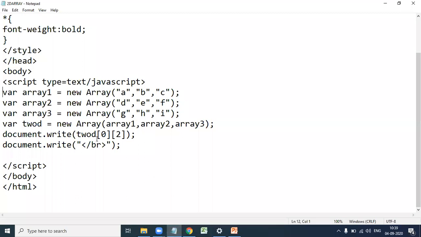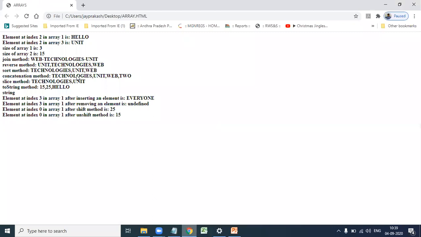So 2D of 0 of 2 is C. Let us execute this one. So here, C.